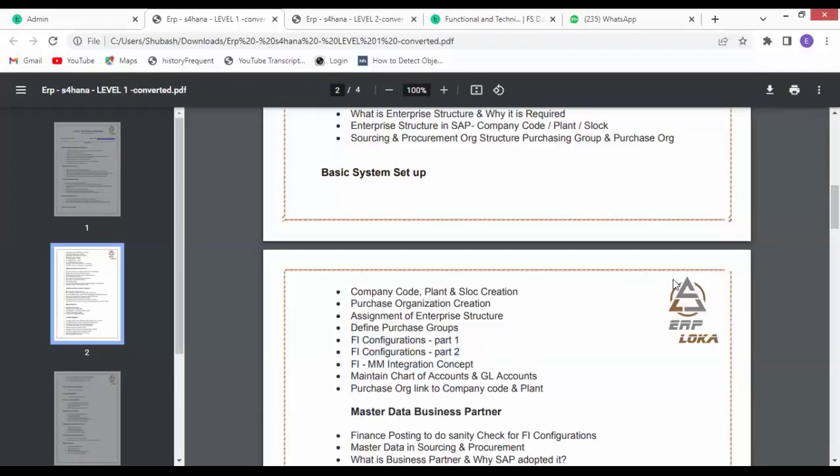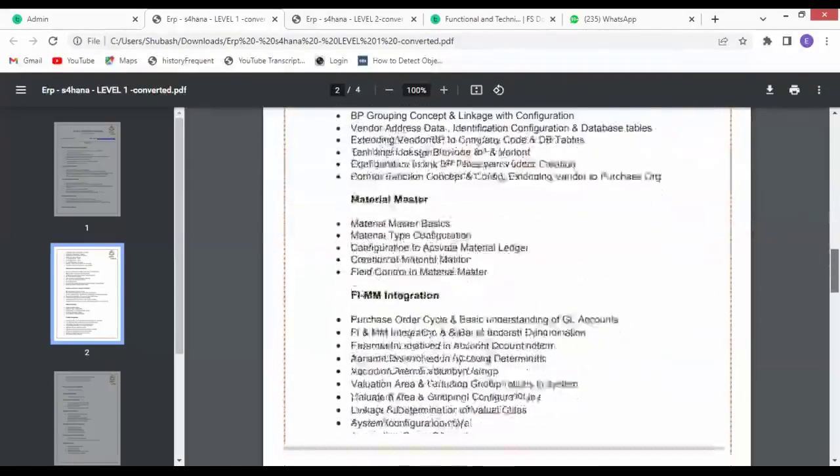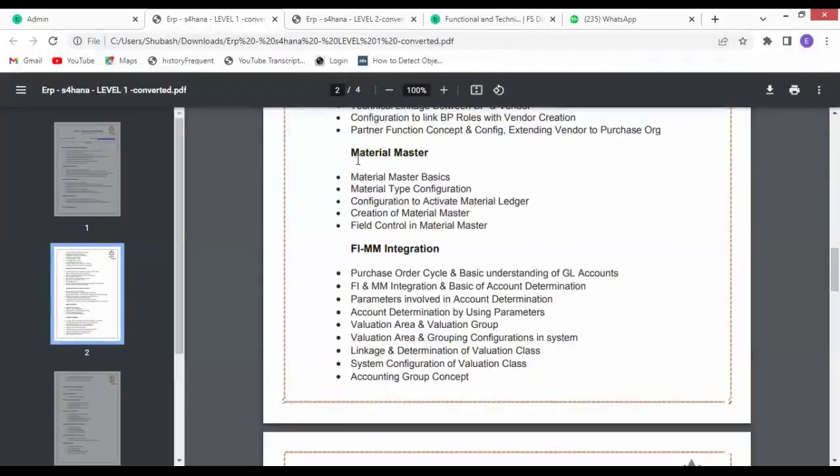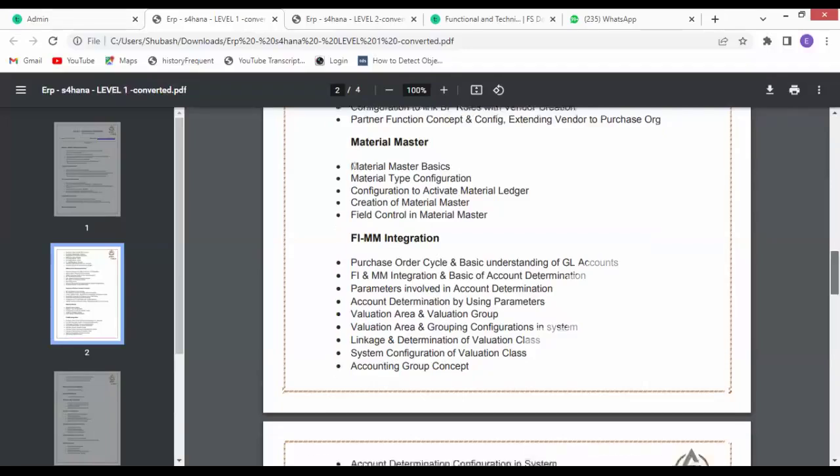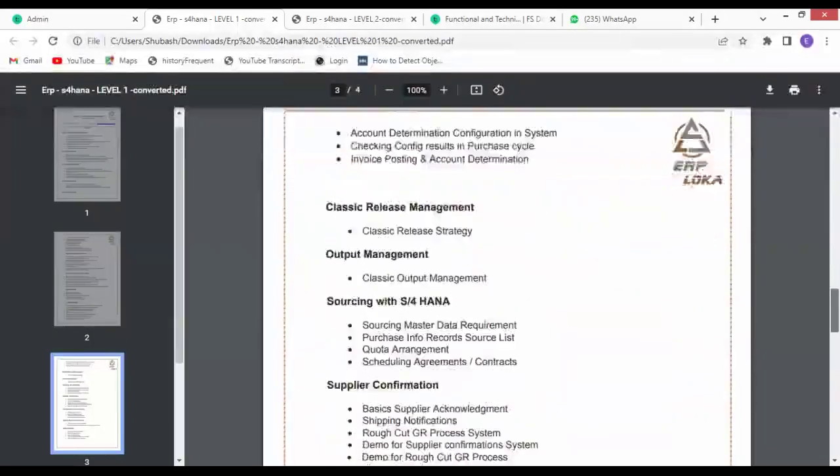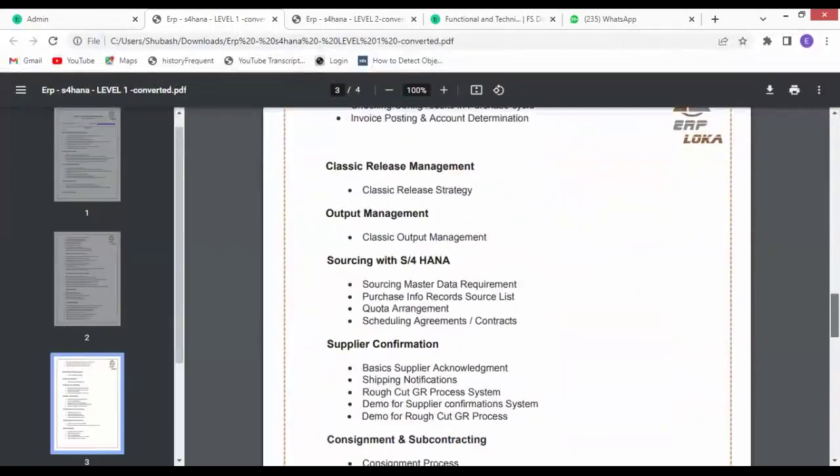In the same way, we will also have an integration with sales, warehouse, all the modules. We'll touch all the modules a bit in this course to understand. And I mentioned here regarding material, what are we going to do? Regarding finance and material management, when these both are getting migrated or integrated, what are we going to do? So each and everything we will cover in different classes, different sections.